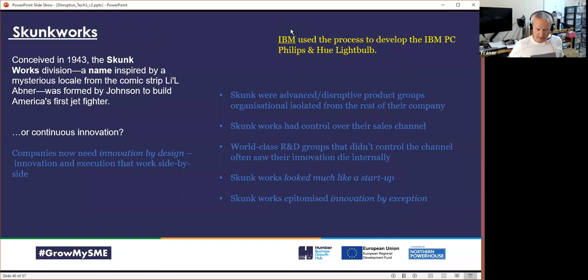Skunk Works, I mentioned earlier, is the idea that you could form a group of people who were almost a spin-off. It has been around for a long while and created some great innovations. IBM used the process to create the PC. And I mentioned Philips, their light bulb was created by this Skunk Works idea. I would love to see more of this going on. I know that government has a Skunk Works, or it used to, to create new things. So even the oldest institutions are looking at ways to draw together these groups of people.